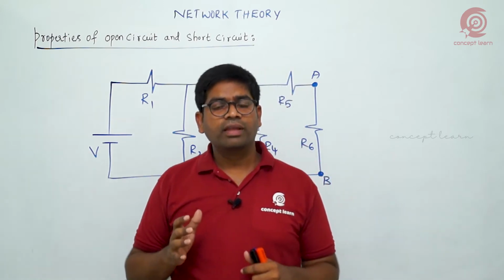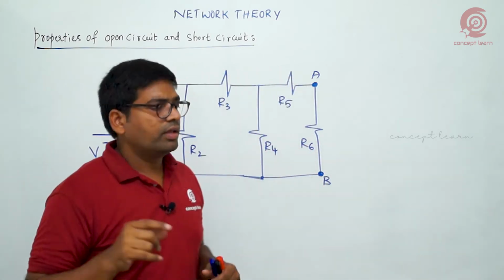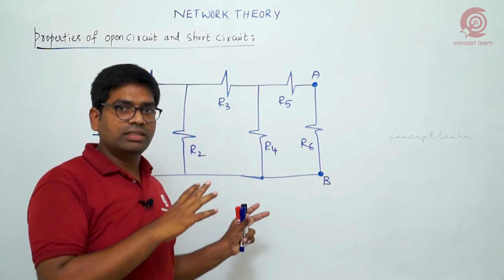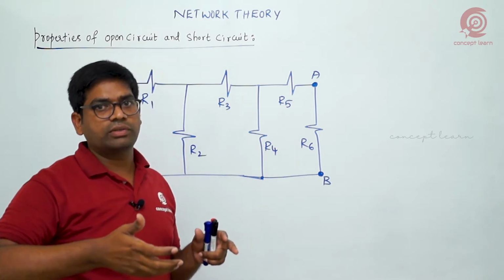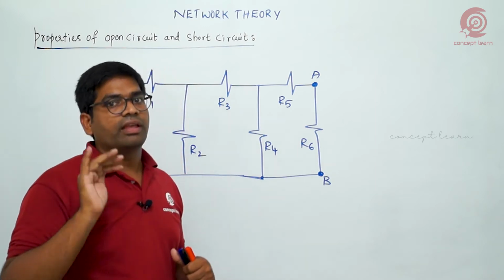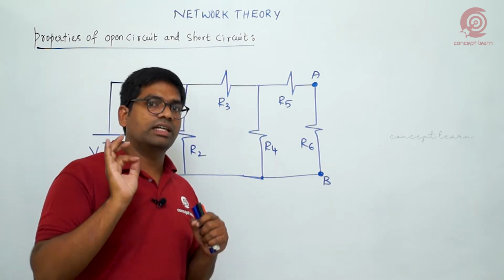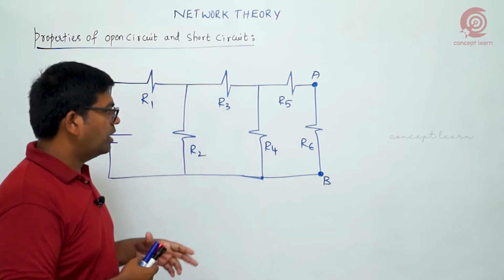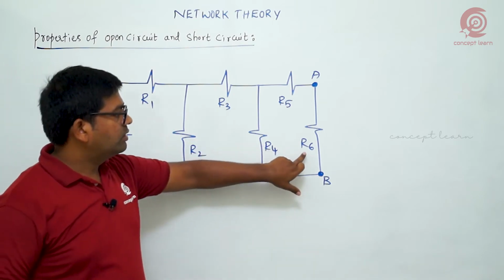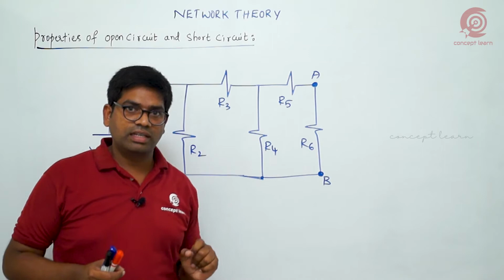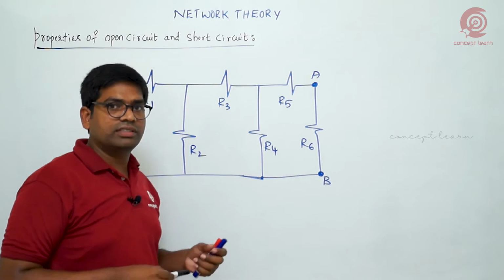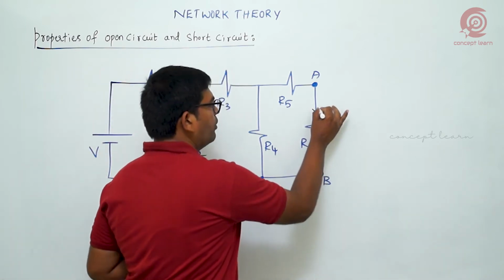Okay, so here we are taking a sample network and I am indicating two terminals, A and B. For this position we are doing open circuit, and next time short circuit, and then what will be the impact on voltage, current and impedance in between the A and B terminals. That is our objective here. Now, if you notice the sample results, R6 is the resistance or impedance between the A and B terminals. Now if I suddenly open this, what will happen? Look here, when we open these